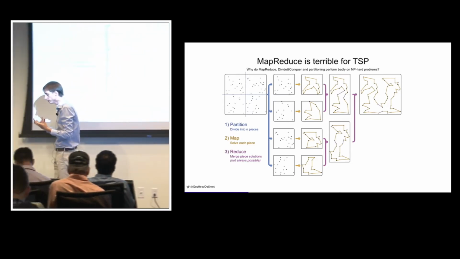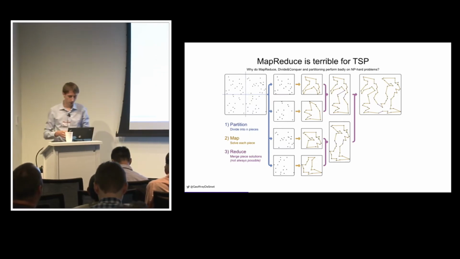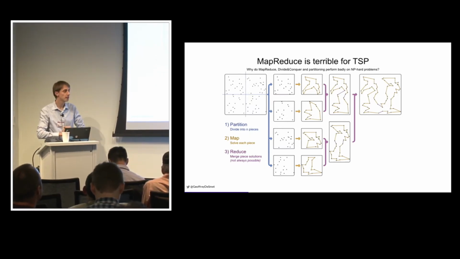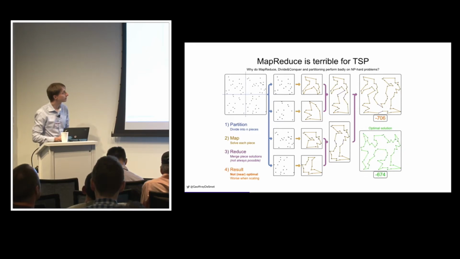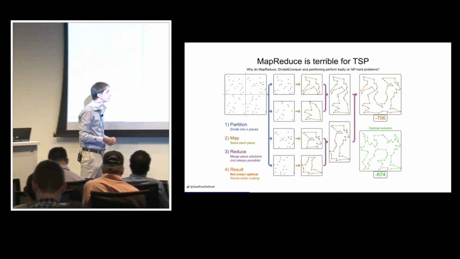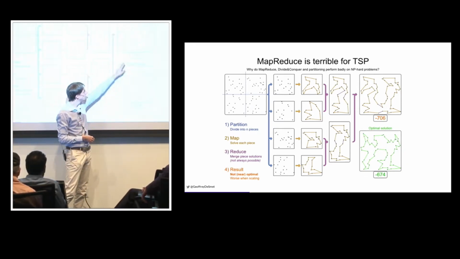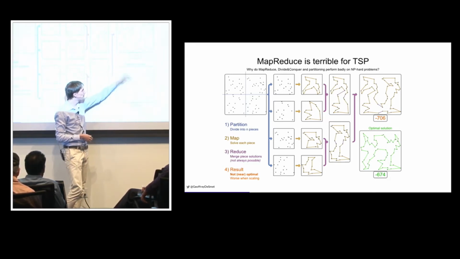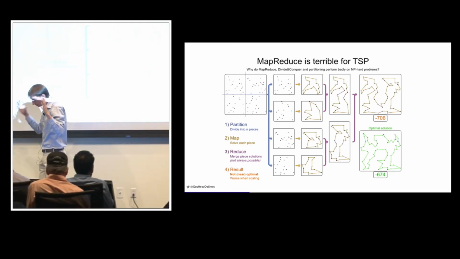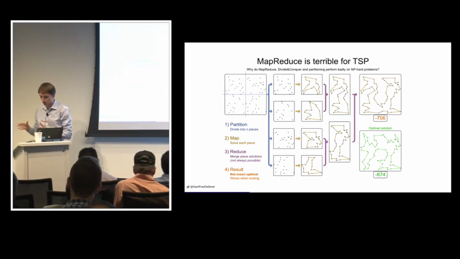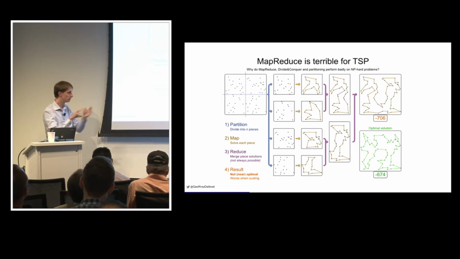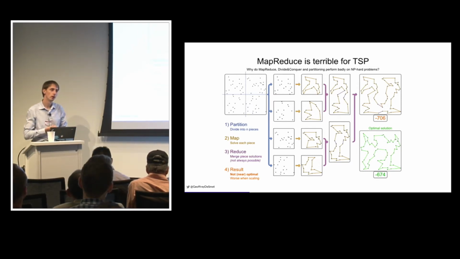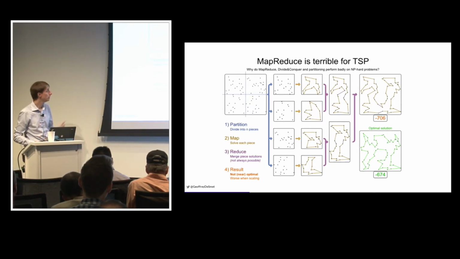Now, is the new solution there optimal? And the answer is no, it's actually not optimal. As you can see, it is 30 points, a distance of 30, above optimal. So taking a big problem, splitting it up in small pieces, solving these pieces individually and then putting them back together does not give you the best way of doing things, right? And so again, that means you'll be wasting resources, you'll be wasting money, you'll be wasting